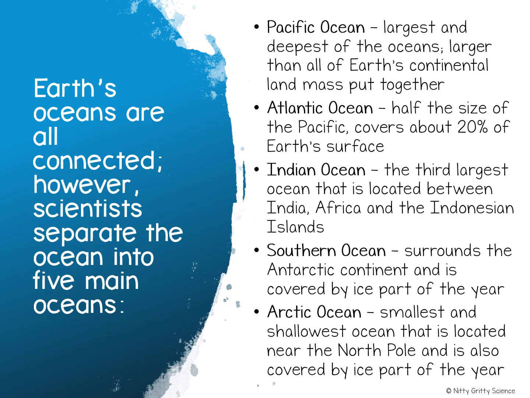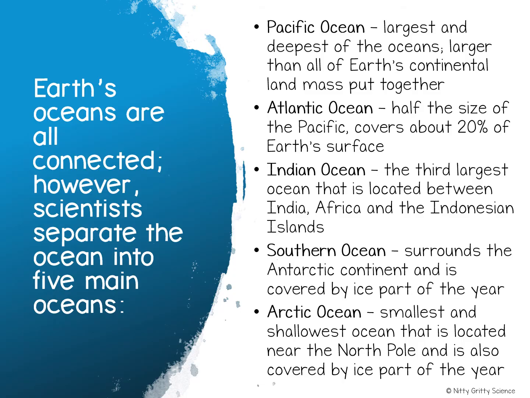And if you were to look at a globe and identify all Earth's oceans, you would actually find that they are all connected. Scientists have separated oceans into 5 main bodies due to their location, composition, and characteristics. The largest ocean is the Pacific Ocean, and it is also the deepest. It is larger than all of Earth's combined land areas. The second largest ocean is the Atlantic, and it is only half the size of the Pacific and occupies about